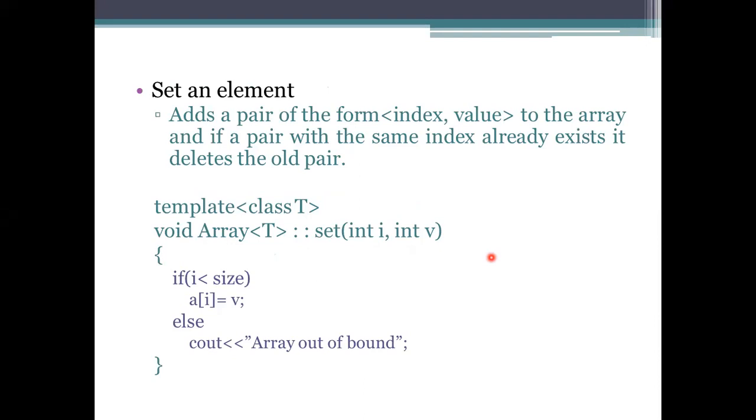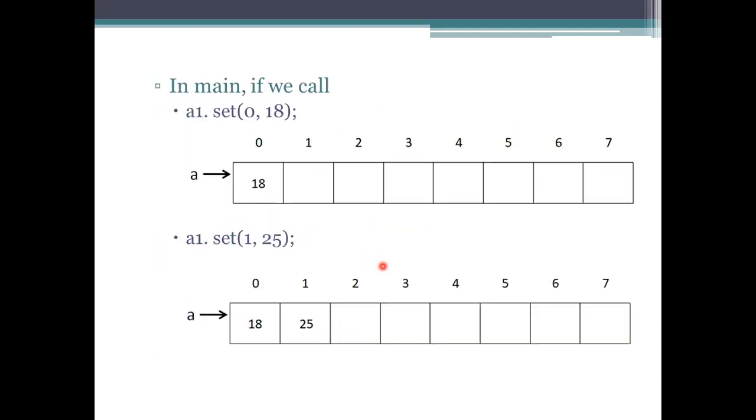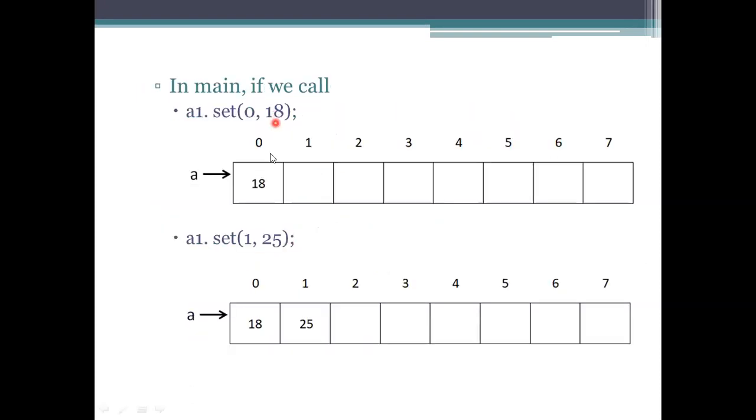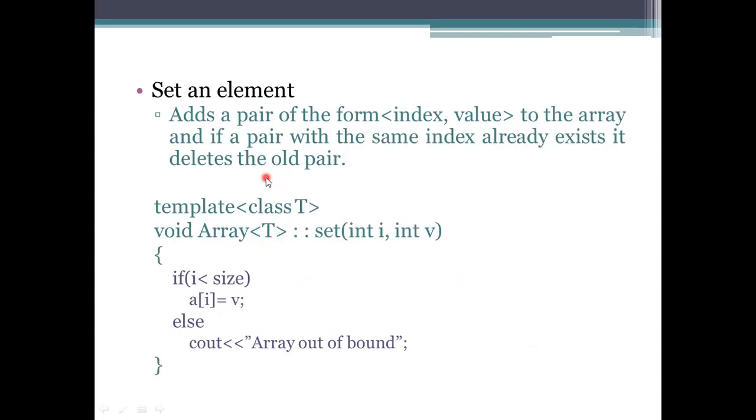So first we need to represent the index here. Index will be an integer, always. And the values we are giving specify the data type of the array. The values we are passing are integers here. And what is the size here? We mentioned earlier it is 8. Whatever data you are giving will be included into it. The first call we are placing here is 0, 18. At the 0th place, we need to mention 18.